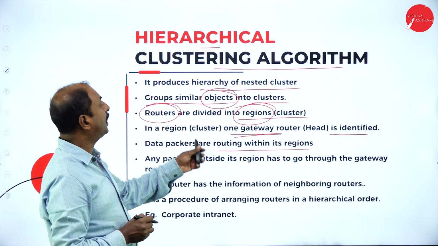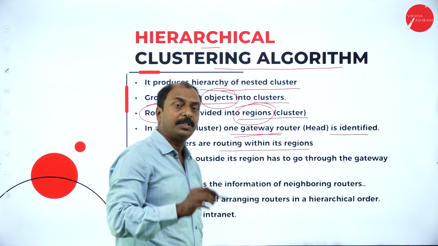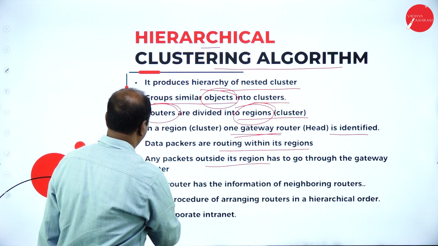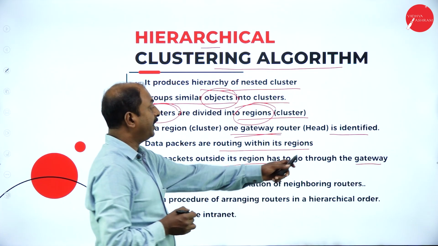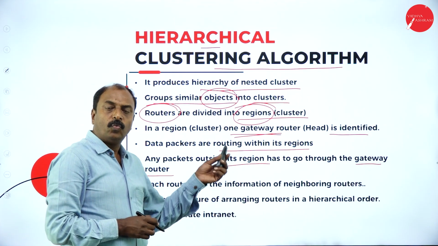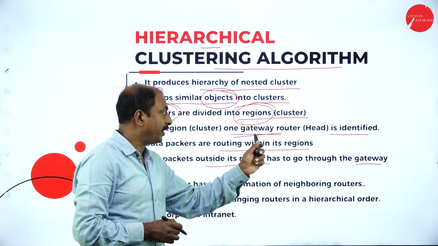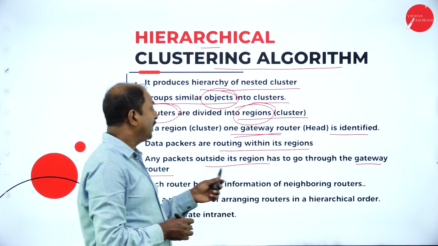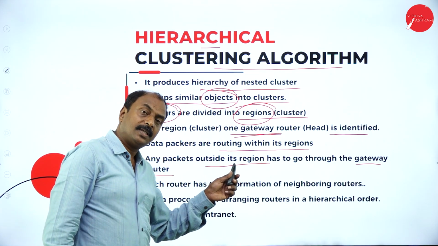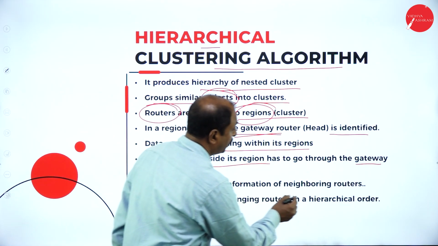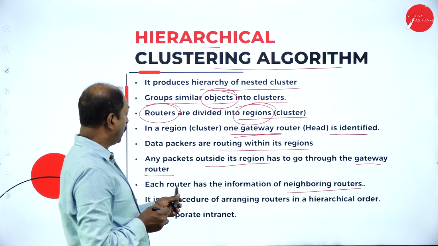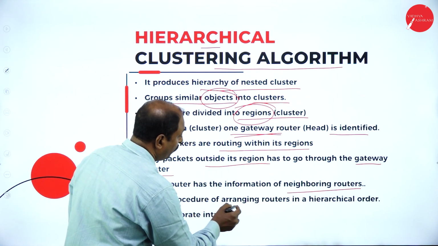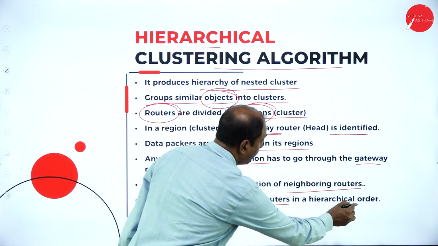So the data packets are routed within its region, meaning within a cluster. Any packet outside this region has to go through the gateway router. So a gateway router is identified in a cluster. One of the routers will be identified as the gateway router, through which the data has to move across the network, beyond the cluster. Each router has information of neighboring routers, and it is a procedure of arranging routers in hierarchical order